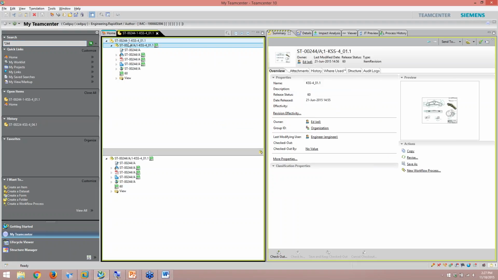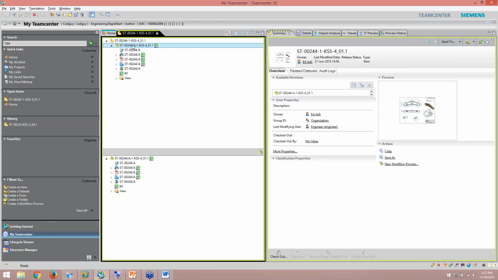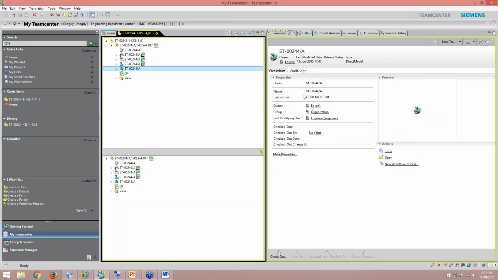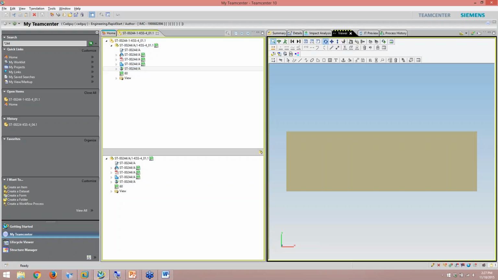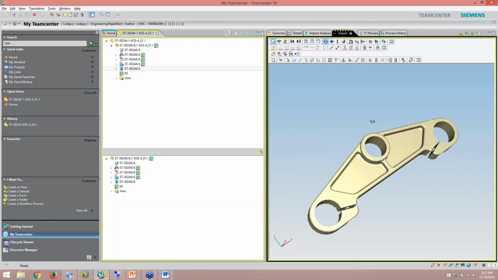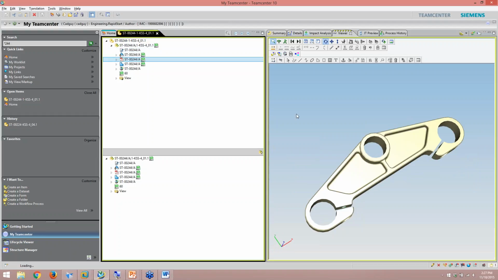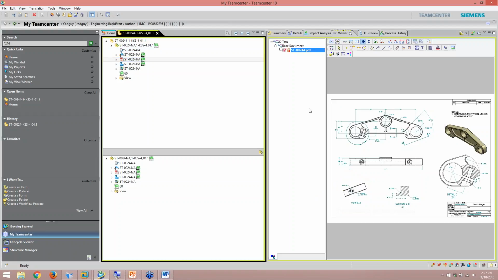Here you can see that product structure I was talking about earlier. I've got the main item on top. I've got the first item revision here. This is all the data that's pertinent to this first item revision. I've got a draft file. I've got a PDF. I have a JT file. Now if I go to the visualization tools, I am able to see that file over here. So if I load up the viewer and click on my JT, I can actually see the 3D representation of it. If I want to look at the PDF, the viewer will automatically load the PDF file. And same thing with the draft.